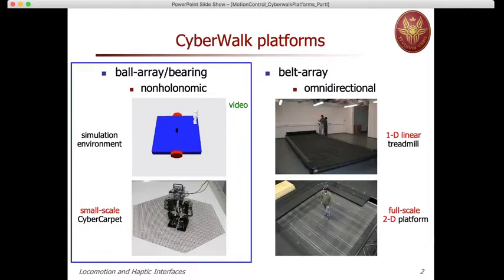So the final goal that we would like to achieve, this is an introductory video, is bringing the user, which is now close to the boundary of the platform, back to the center. In this case, the user will not move, it will move indeed, there's a specific motion, but you see that the platform is rearranging its orientation and motion in the linear direction in such a way that the user is brought back to the center. We'll see how this is achieved. Okay, so let's move on